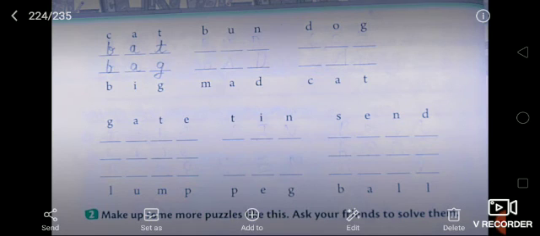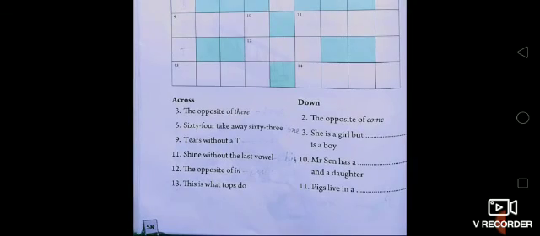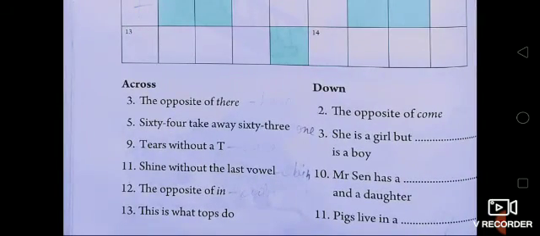Okay, now come to page number 58. Crossword. As you can see, there is a word search game in the form of a square and rectangular grid. There are two options, across and down. Below the crossword puzzles, there are two lists of numbered clues, one for the horizontal and the other for the verticals. Here horizontal means across and verticals means down.